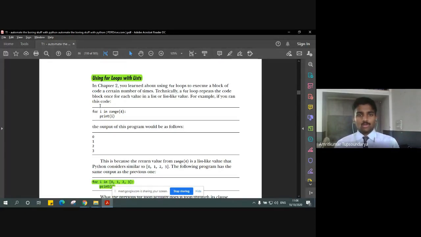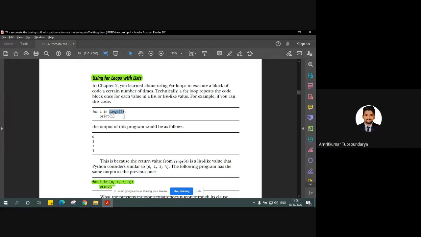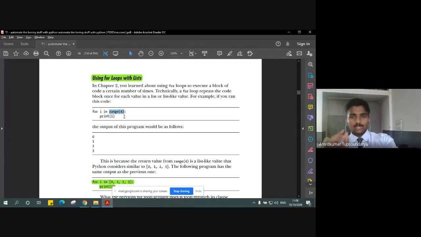When we talk about the working of the list, another important aspect is using loops with respect to the lists, the for loop and while loop. So we had an example of a for loop, how a simple for loop would look like. This was a simple for loop, which we discussed in module one: for i in range, print i. The range can have one value as the parameter, or two values, or three values. If there is only one value for the range, then it denotes the end value or the stopping value.